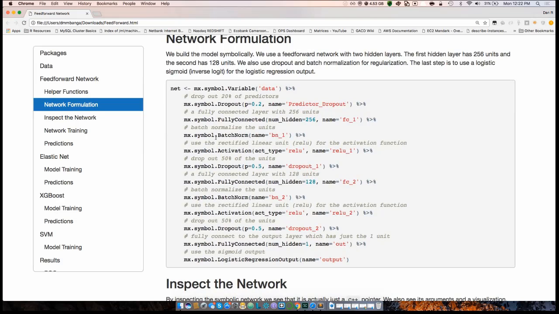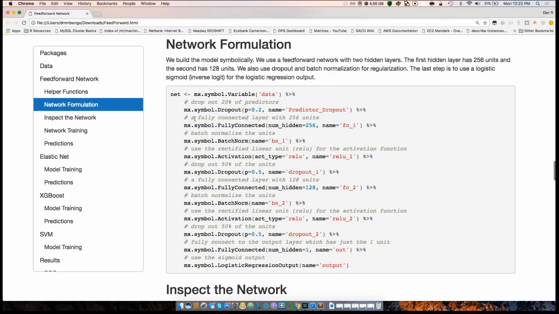Okay, so at this point you're creating a network. What are you doing here? So this is the crux of the modeling. We're not fitting a model yet, we're designing the computational graph. We're building it up layer by layer. And this is really conducive to the piping system introduced to R by Magritte. It's really nice at allowing the flow to go so you can see how one function feeds into the next as you build up your layers.